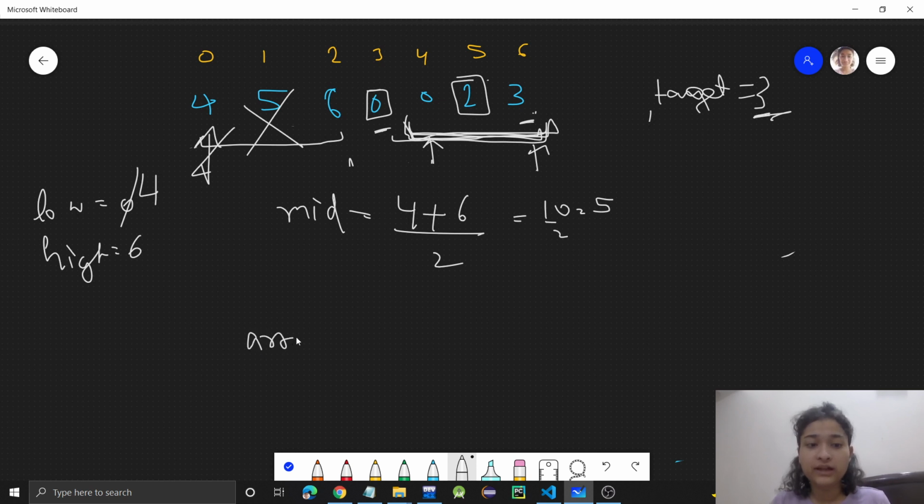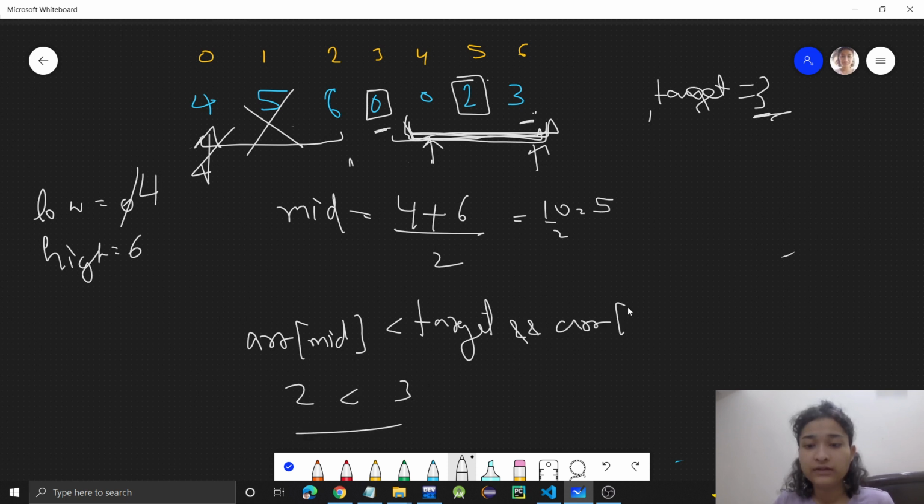Here ARR of mid, is target greater than that? Yes, this is true. ARR of mid is 2 and target is 3. And ARR of high is greater than or equal to target. So target lies between here, so basically our target lies in this half.